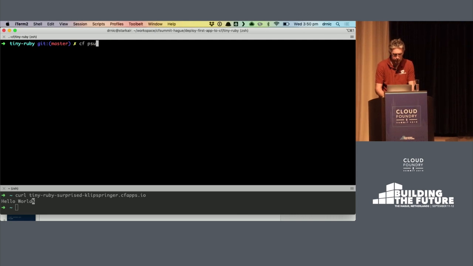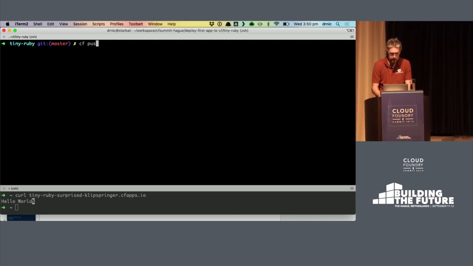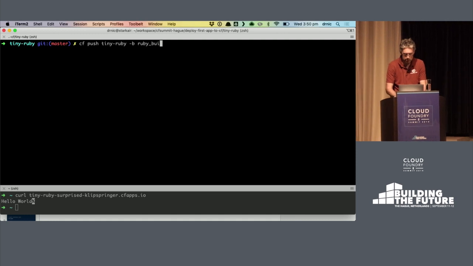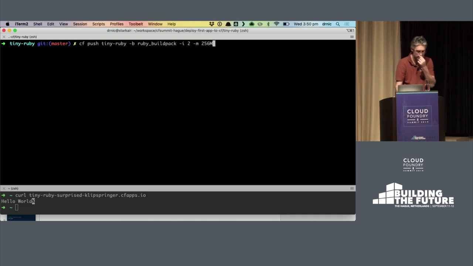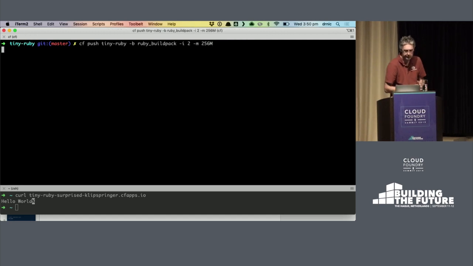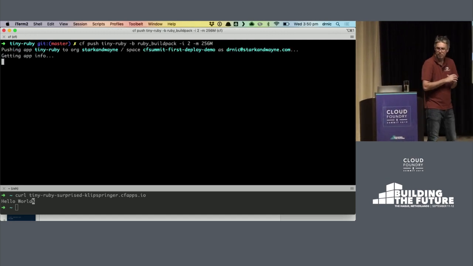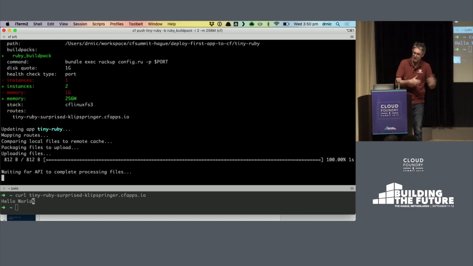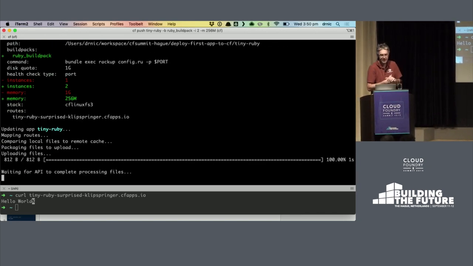So we had our cf push. Now we already have allocated a route, so we can drop that now. We can do -buildpack, so it was called the Ruby buildpack. We want 2 instances. We can pick any number, and memory is 256 meg is going to be plenty. And it would push that app again, and it'll give a visualization that we've changed something,